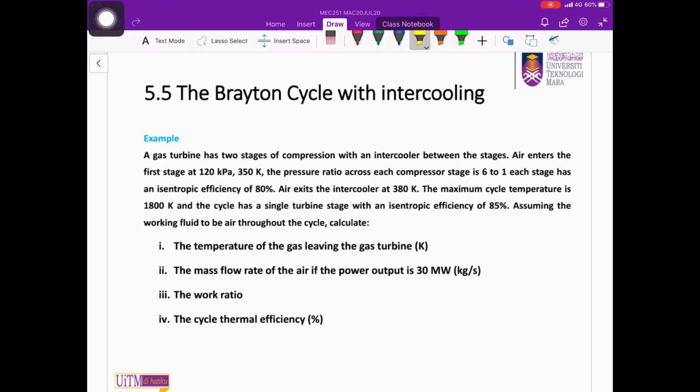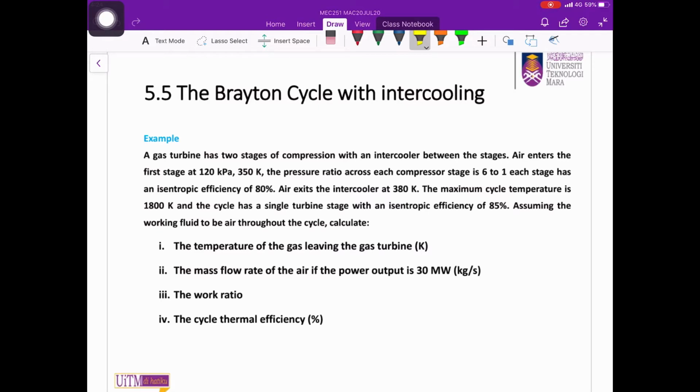Each stage has an isentropic efficiency of 80%. Air exits the intercooler at 380 Kelvin. The maximum cycle temperature is 1800 Kelvin and the cycle has a single turbine stage with an isentropic efficiency of 85%. Assuming the working fluid to be air throughout the cycle, calculate the temperature of the gas leaving the gas turbine in Kelvin,